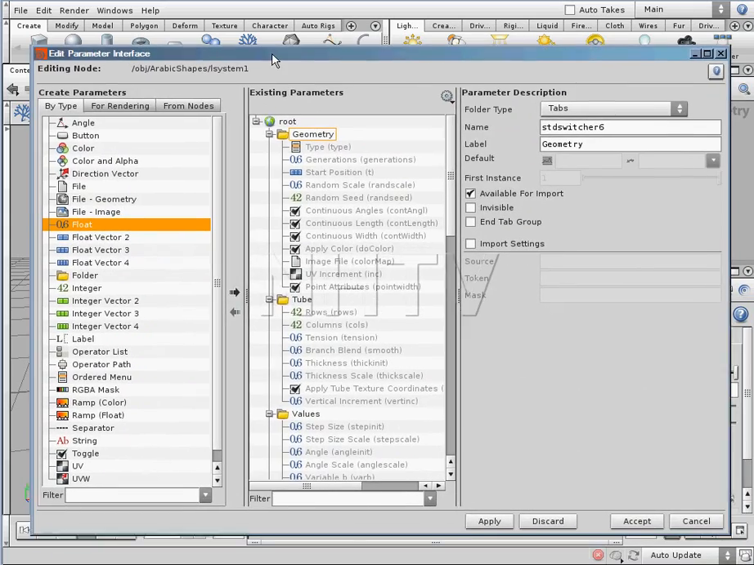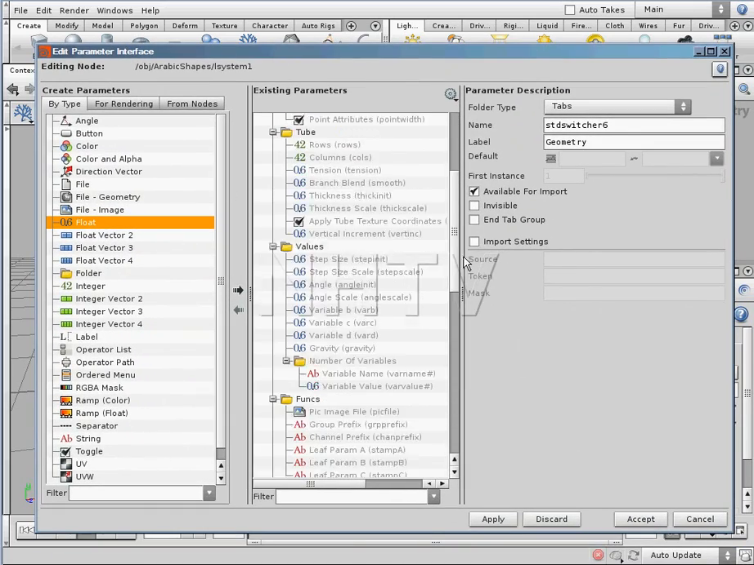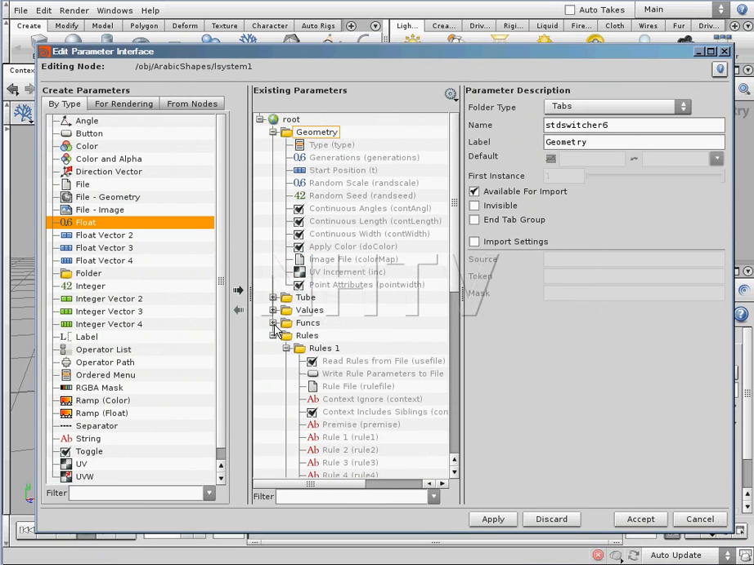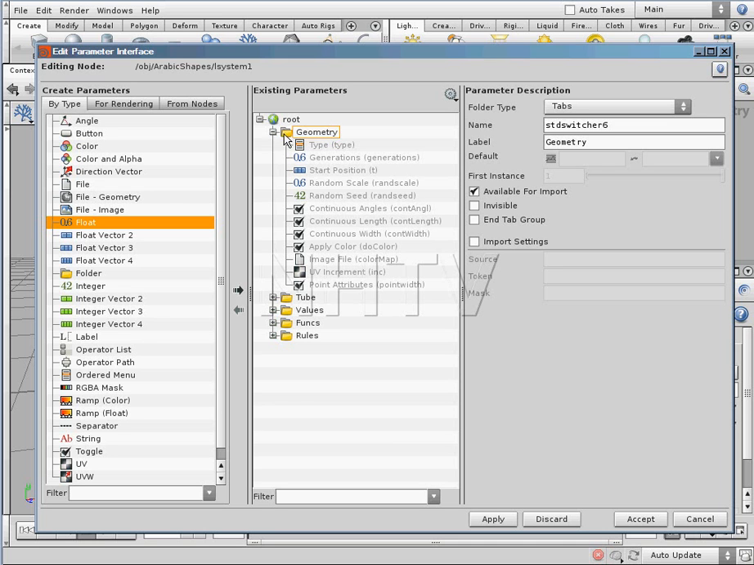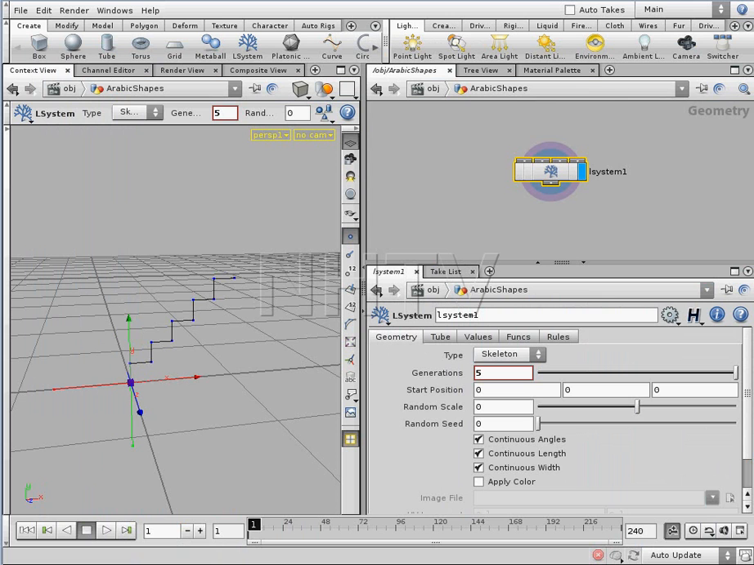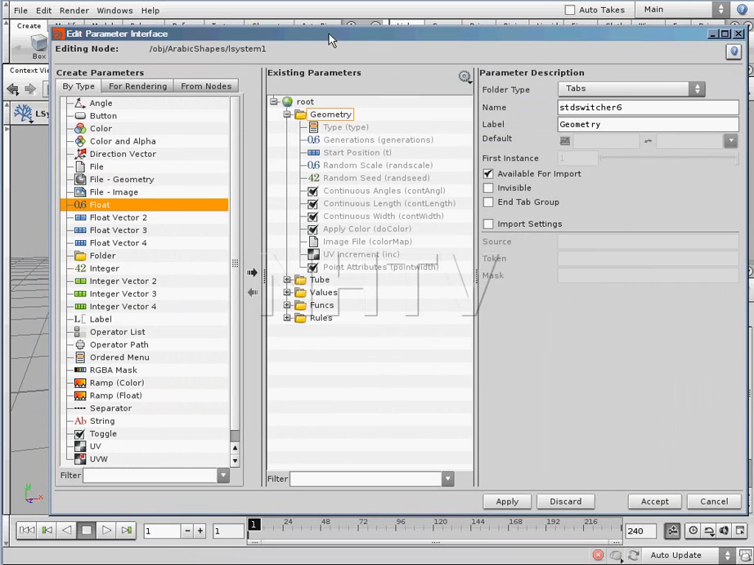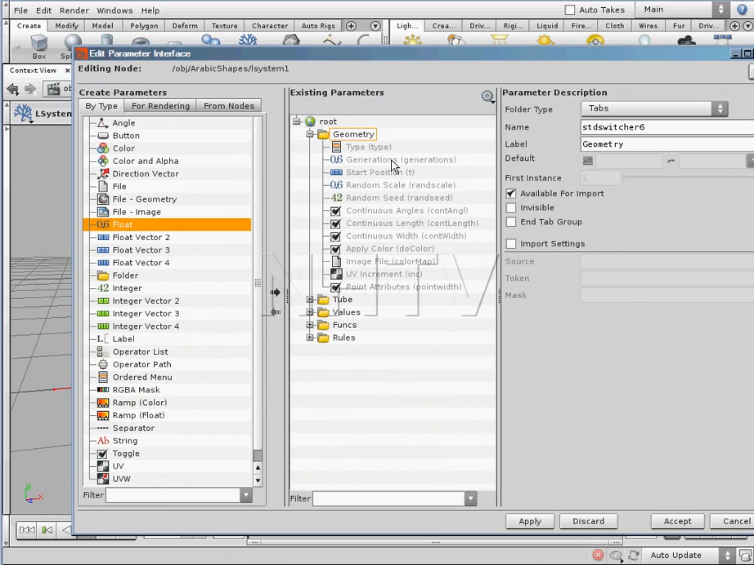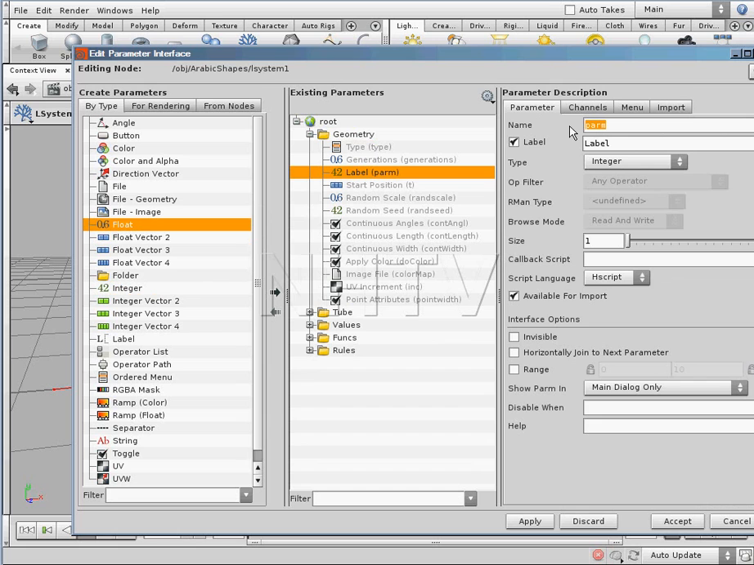Now that brings up this whole panel, and the nice thing is you can check out the complete structure of this node. So you see all the folders that we have. As we can see over here, geometry is the first folder, and the generations we can find over here. So right underneath the generations, I'm going to add not a float but an integer. So I'm just dragging it up right to here, and I'm going to rename this one to Eugen,